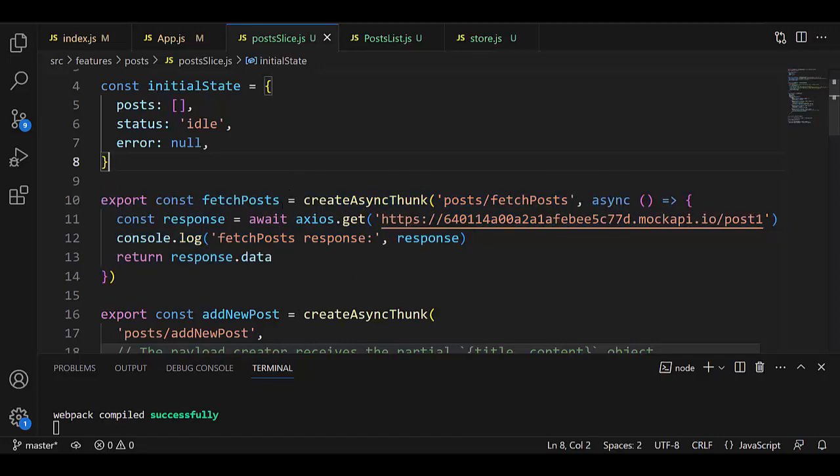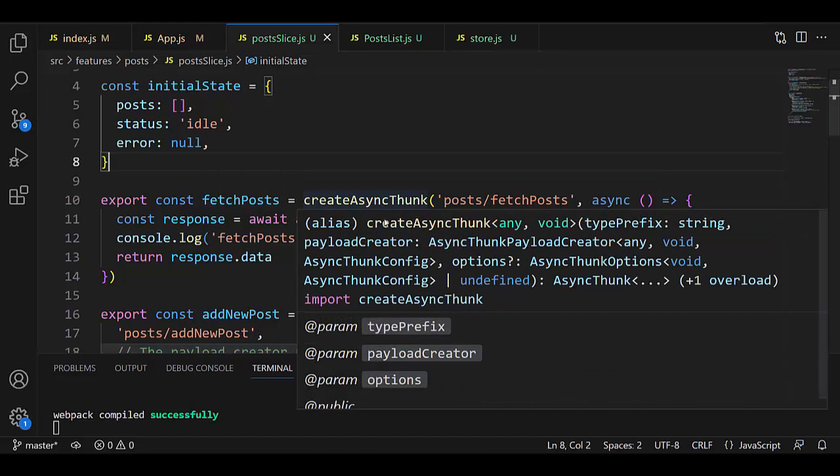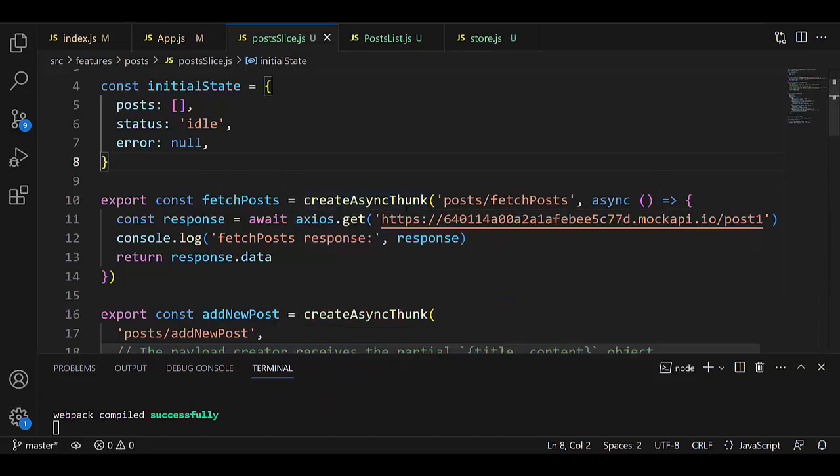The left side of the equation is an object. The right side is createAsyncThunk, a function, and that function creates Thunk. Concretely, createAsyncThunk is a function, but inside that function,